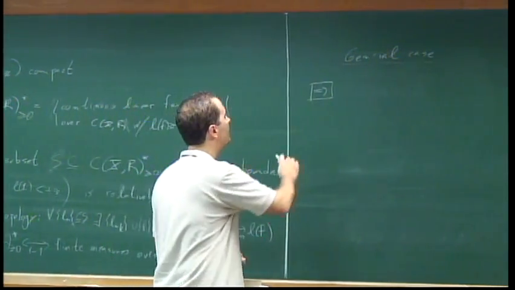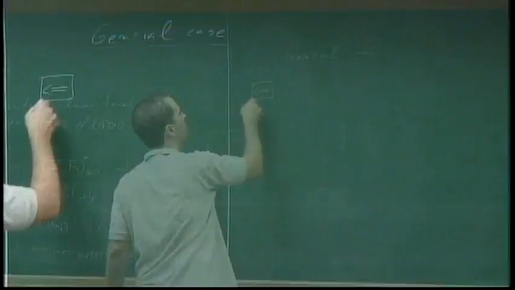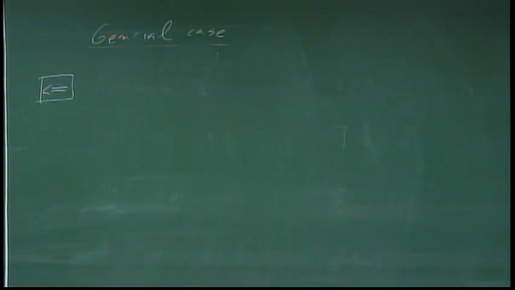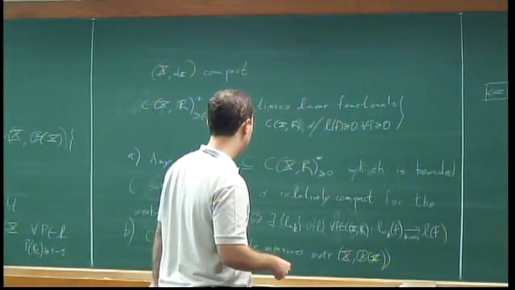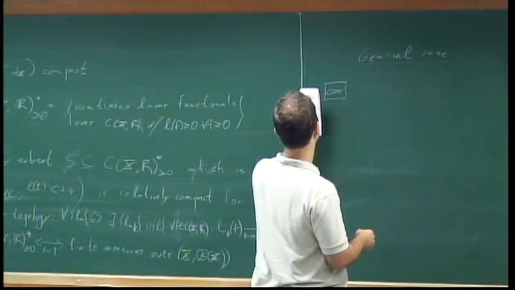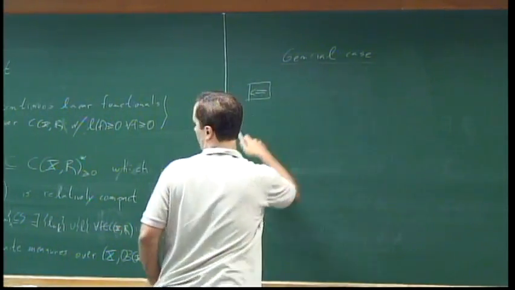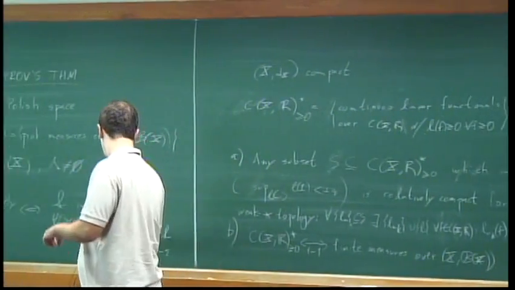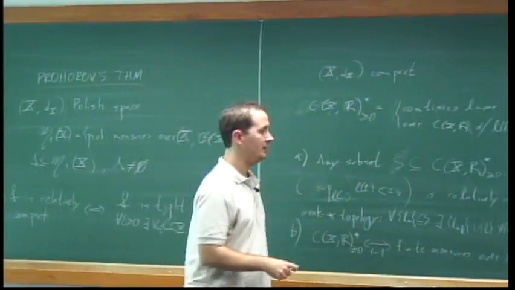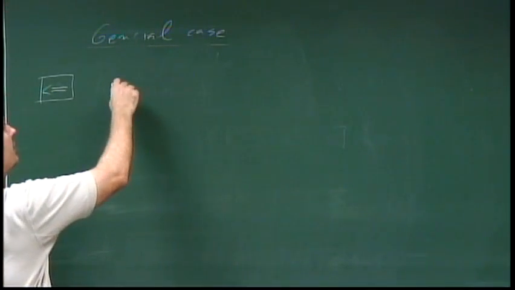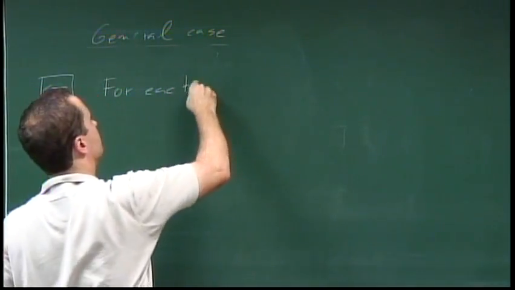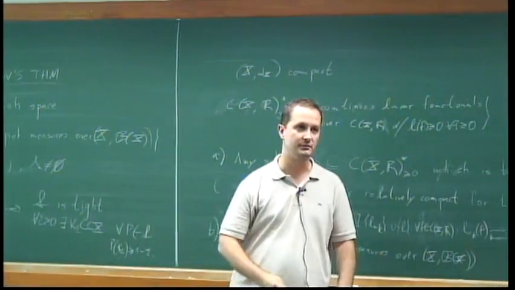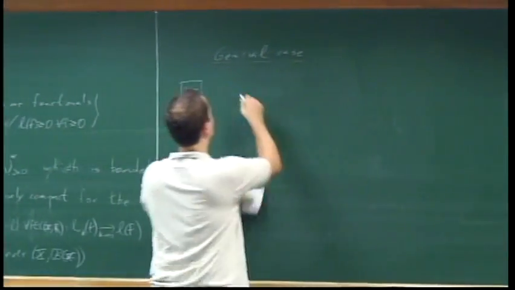Right, so what I'm going to do is start with the other direction, the hard direction. And then from that proof, what I want to do is going to become clear. Essentially, if you want to have a convergent sequence, let me state what I have here, and then I think that everything will become clear. So for each k, right, now I'm proving that if you have a tight family, every sequence has a convergent subsequence. So let me take a sequence in S.